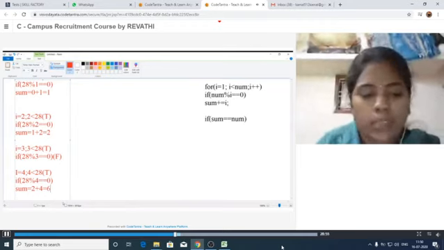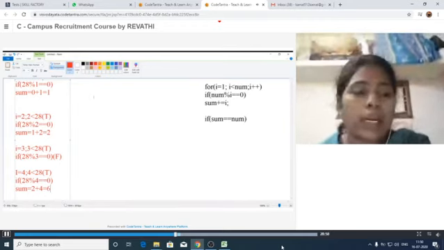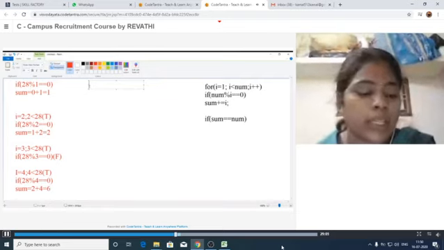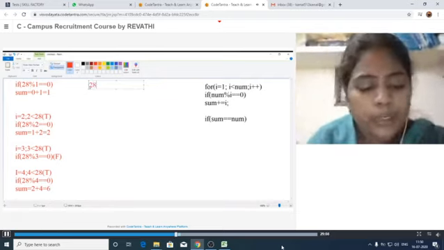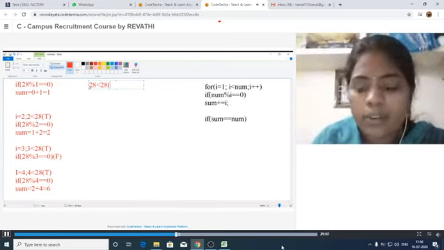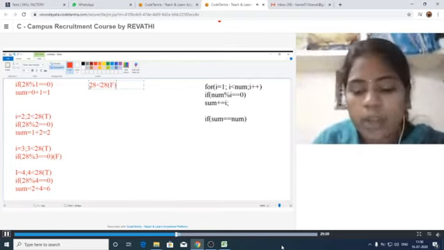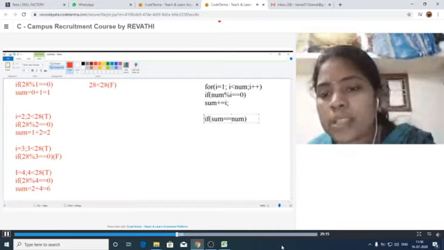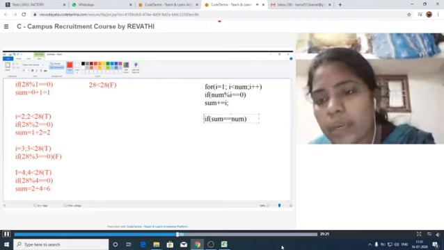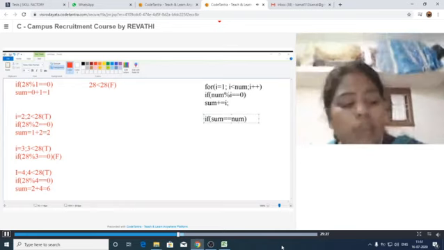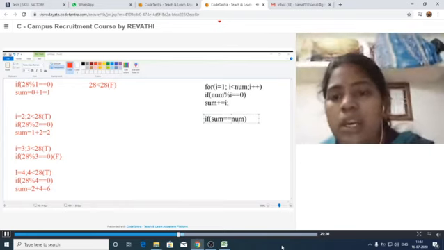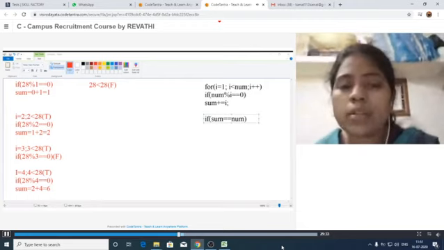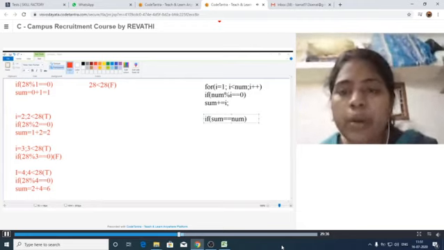Like this it will add one by one until it checks the condition for 28 less than 28. Whenever 28 is less than 28, our condition is false here. Then it comes out of the loop and checks whether the sum is equal to the given number. If so, it will display that the given number is a perfect number, otherwise the given number is not a perfect number. This is the logic to be followed while developing the program to check whether it is a perfect number or not.